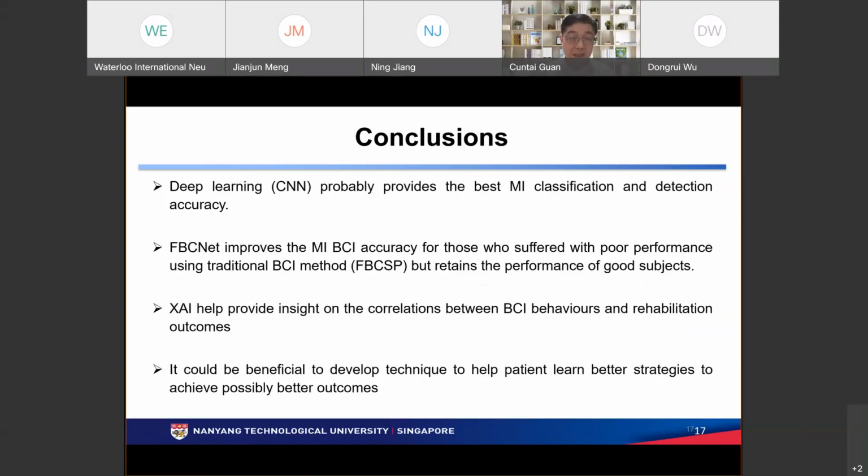But we all know in BCI, there is a certain group of subjects who are not able to control BCI well. So the question is, are they not able to, or are we not doing a good job creating a technology for them? If you look at CSP, some subjects, if they use a deep learning model, actually can do it. So this is something new for us to think further. And this also relies on XAI, explainable AI, for us to go back and understand what's going on. Eventually we hope to use this technology to have guided rehabilitation for stroke patients. With this, I close my talk.